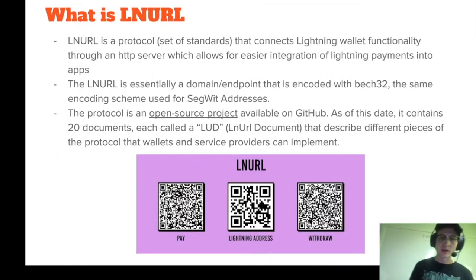Okay, so LNURL, it's a protocol, it's a set of standards. It connects Lightning wallet functionality through an HTTP server, which allows for easier integration of Lightning payments into apps. Using Lightning can be this multi-step process a lot of times. So really, a lot of what the LNURL spec is doing is trying to simplify that into a QR code